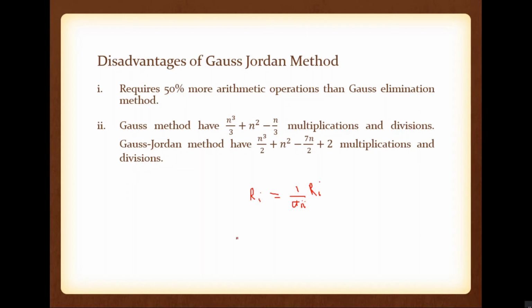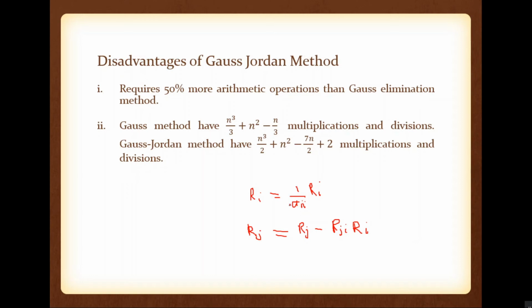For that purpose, we are removing xi except from Ri. So at that point, Rj equals Rj minus Rji into Ri. In some situations, if j is greater than i, or if j is less than i, then it will become Rj minus Rji into Ri. So this is the row operation required.